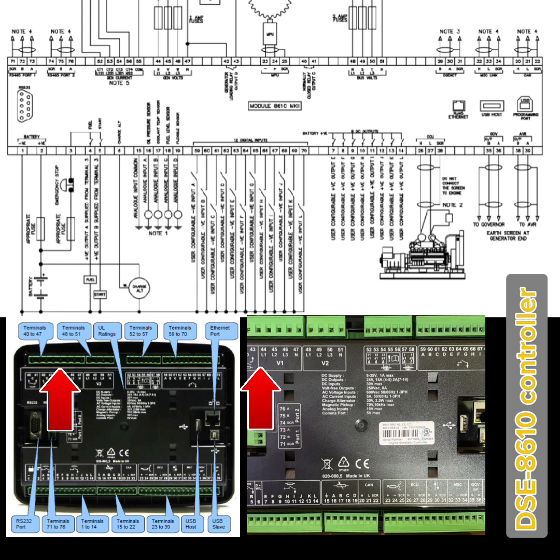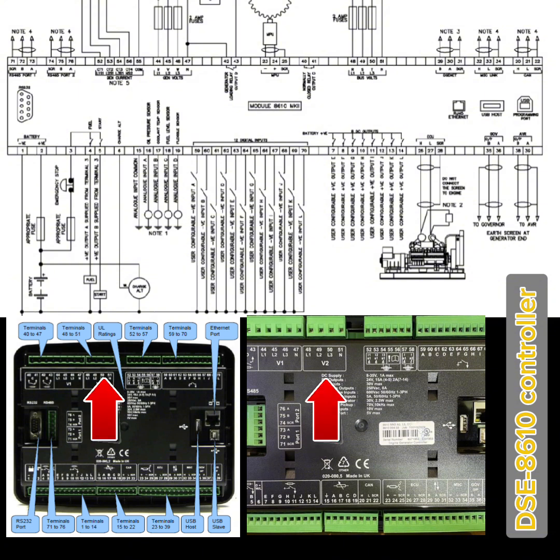And next are the voltage points, 44, 45, 46 and 47. This is the generator incoming voltage point. You will connect your generator sensing here. 44 is L1, you will connect your red wire here. And 45 is L2, you will connect your yellow wire. And 46 is the blue wire, you will connect your blue sensing wire. And 47 is the neutral, you will connect your neutral wire. And guys, next point is